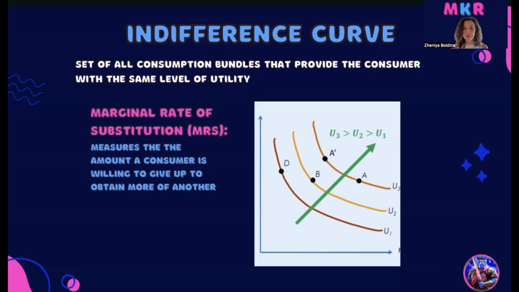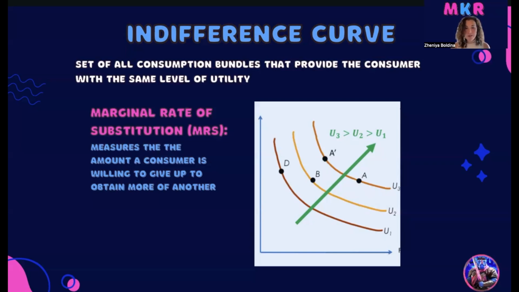First of all, the indifference curve can be defined as a set of all consumption bundles that can provide the consumer with the same level of utility, or in other words, level of satisfaction from consuming certain goods and services. It's important to know that indifference curves are always downward sloping and they can never intersect. And so they help to measure the amount that the consumer is willing to give up to obtain more of